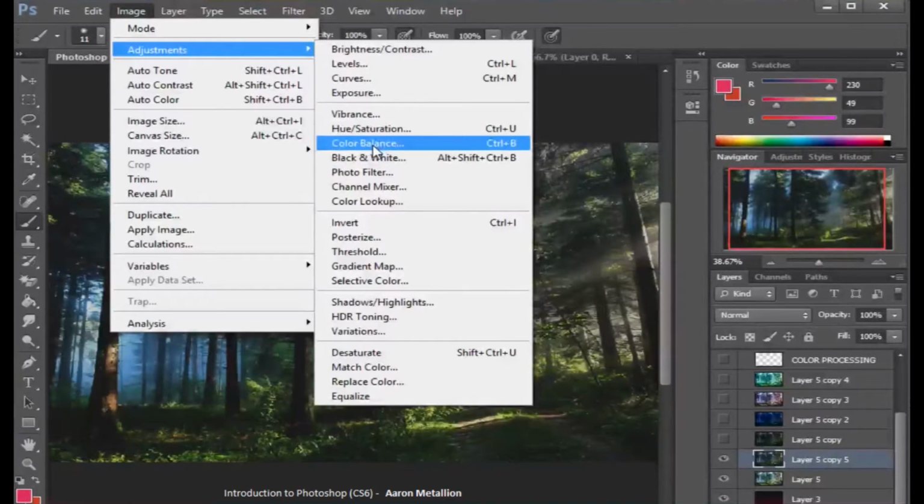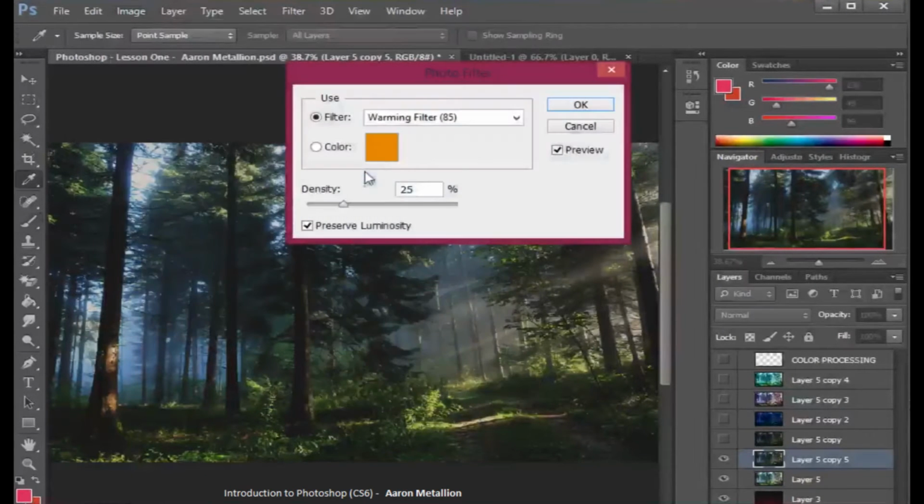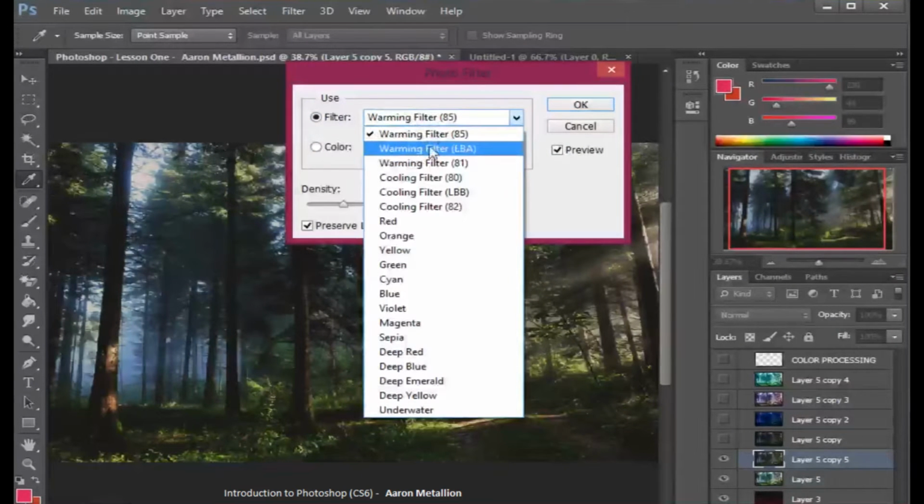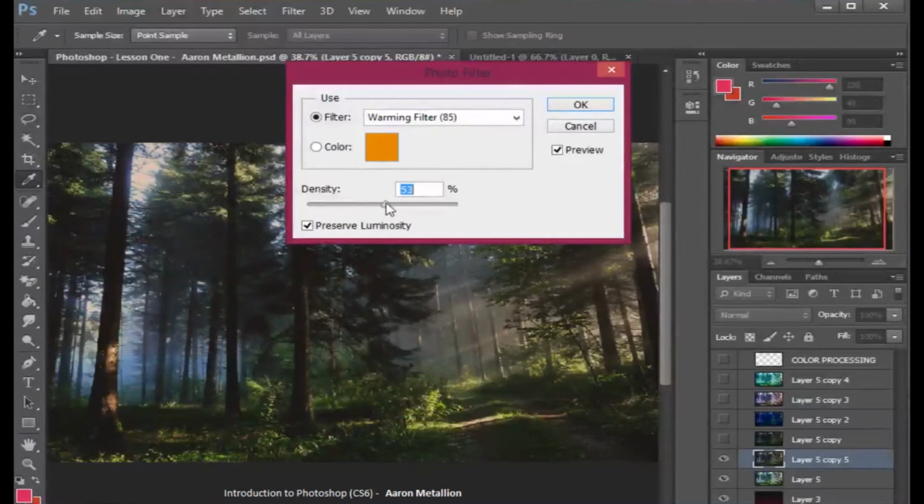Color balance is a little bit complicated because you're playing with the shadows, the mids, the highlights. There's this thing called photo filter right here. It's kind of like your Instagram filters or whatever. It adds a layer of color to the entire scene. So it affects the shadows, the mids, the highlights, everything all at once. This is what you have right now. You have the color. You can choose a color manually, but I'm going to go on these. You have a whole bunch of warming filters, cooling filters, red, orange. I'm going to increase the density a bit more, around 72%,